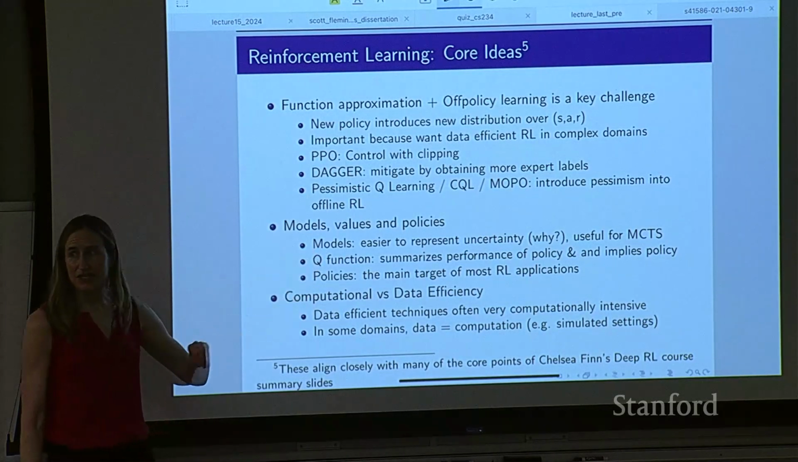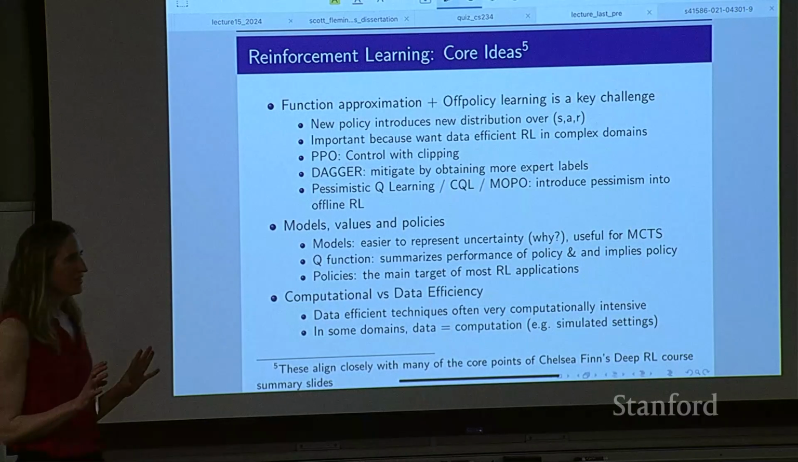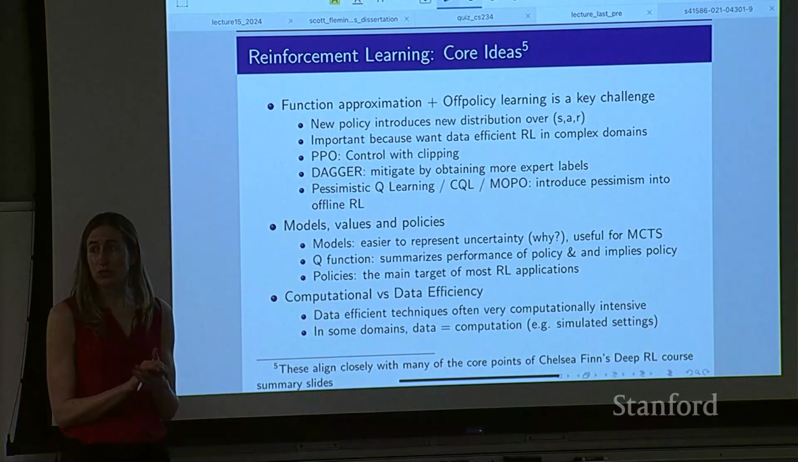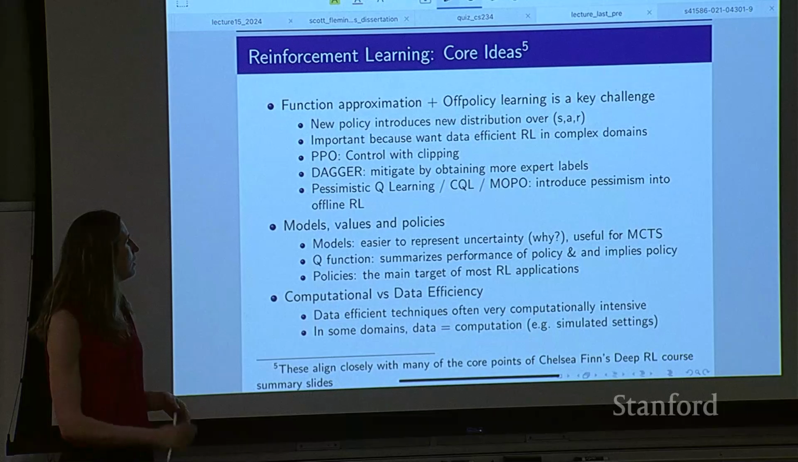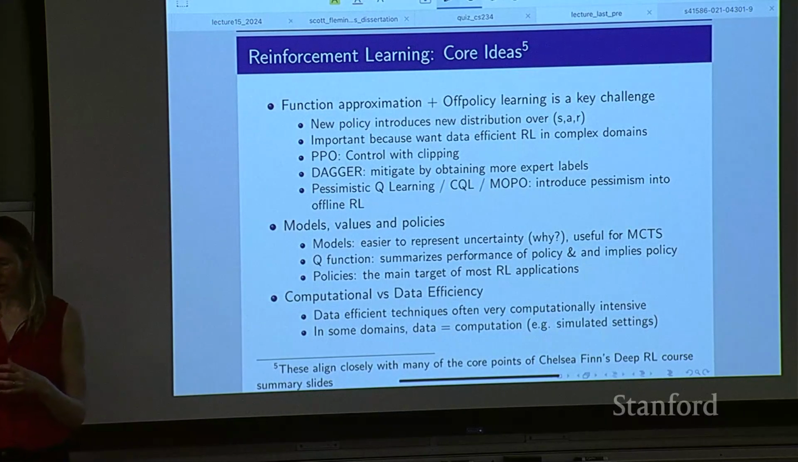They're also really useful for things like Monte Carlo tree search. You can use models as simulators. You may be able to use these as a place to think about risky domains or to be very data efficient. The Q function, in some ways, is the central part of RL in the sense that